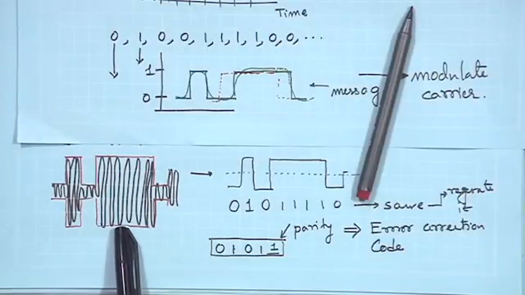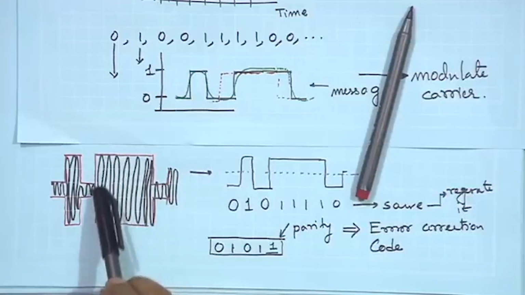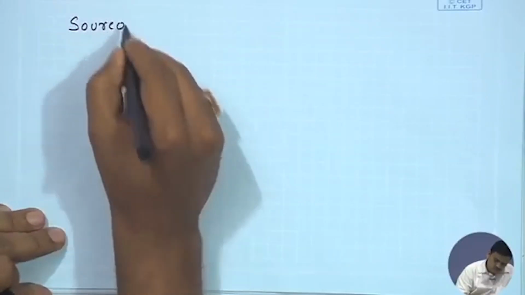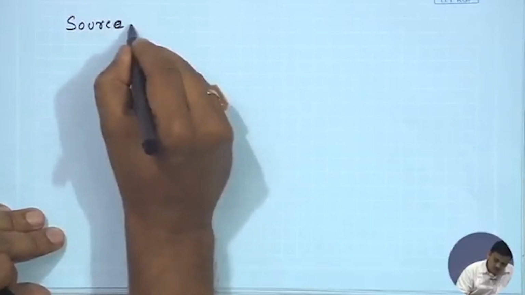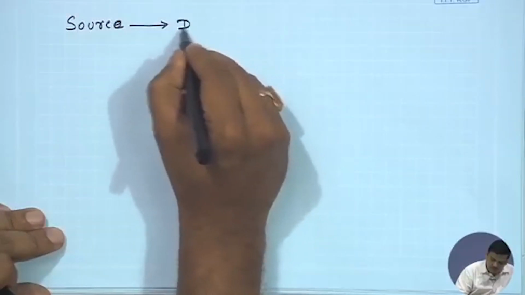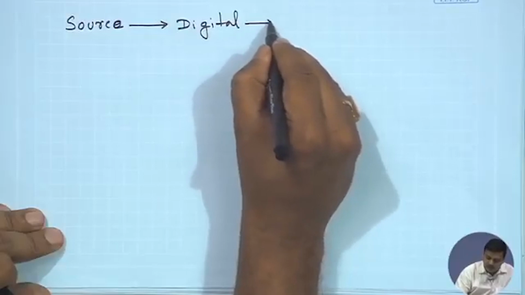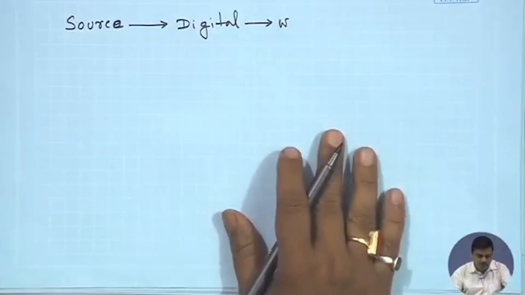This doesn't render it useless, because finally these signals should go over these carriers, right? So, you need this carrier. So, all your knowledge of analog communications is necessary, because finally you need to build the transmitter front end, because let's say you have this source, the source is converted to, let's say, digital, right? Digital is converted to some waveform as explained here,